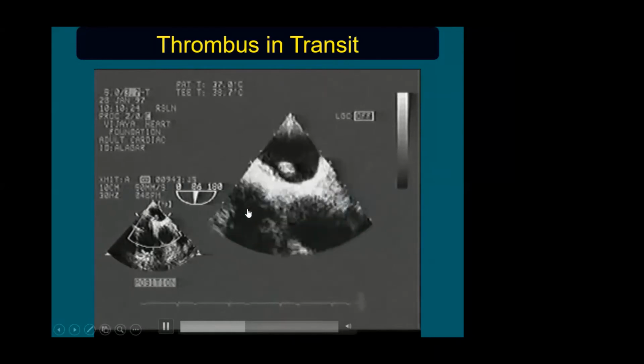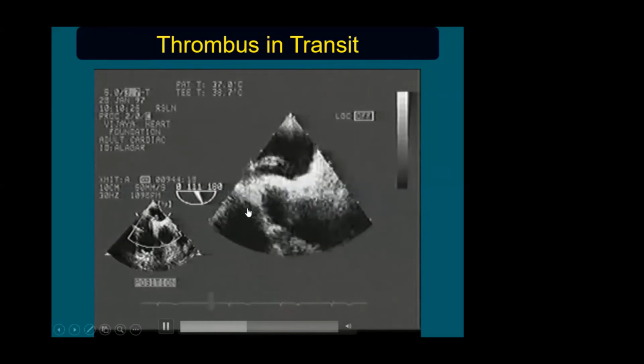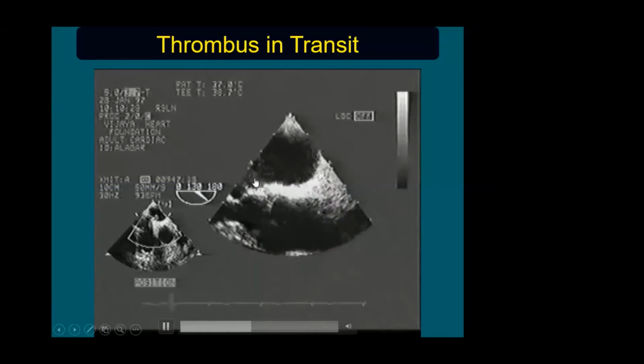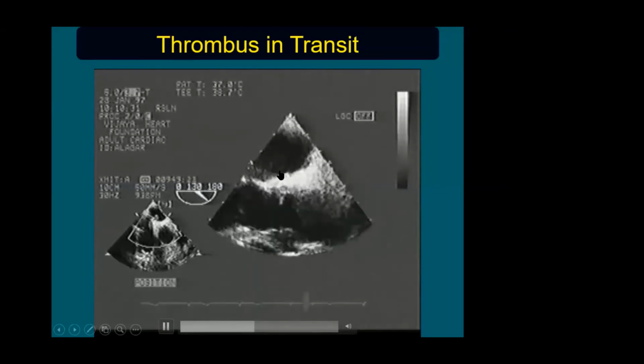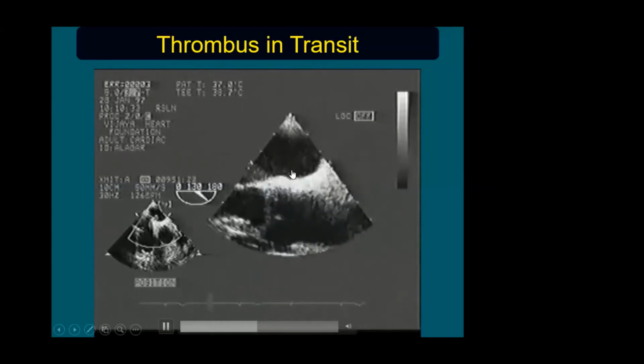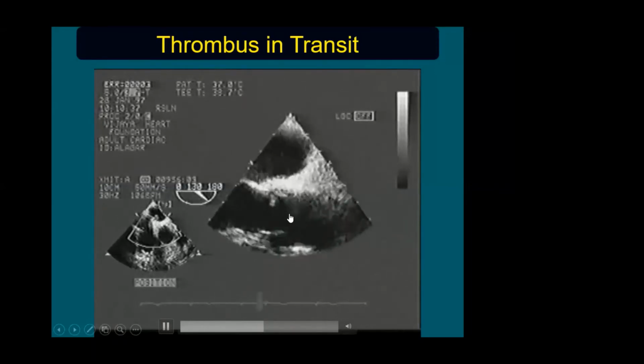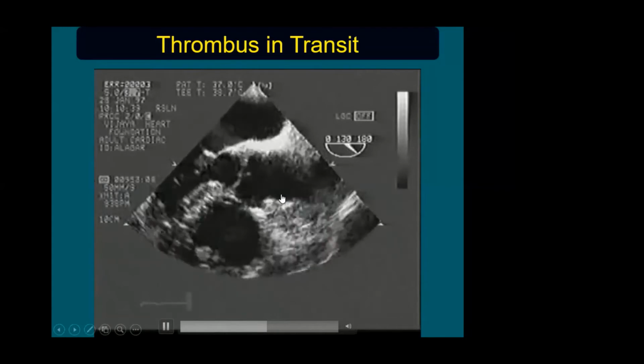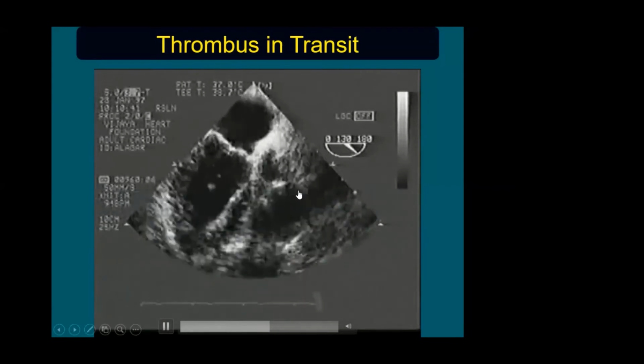A deep vein thrombus has come to the right atrium, crossing the interatrial septum through the foramen ovale, and it is producing a left atrial thrombus also. You can identify the linear mass in the long axis view. So this is the 130 degrees long axis view from the mid-esophagus.